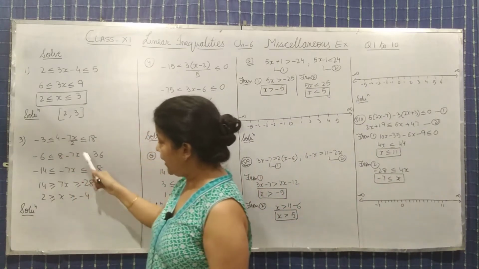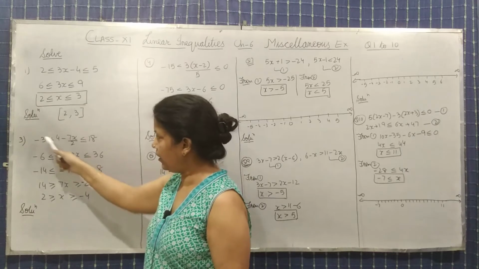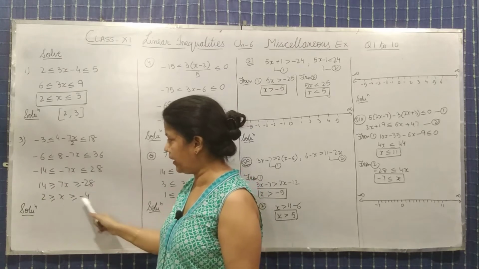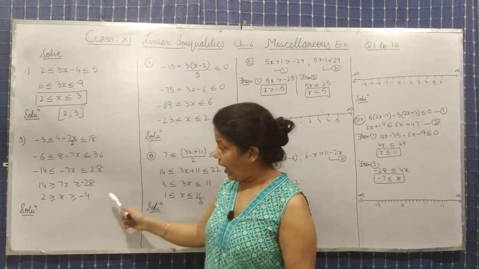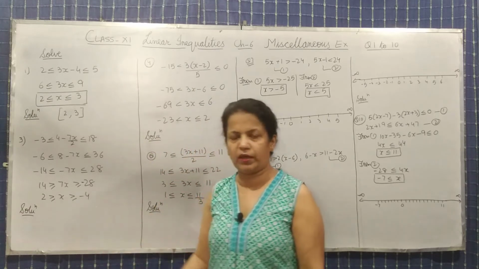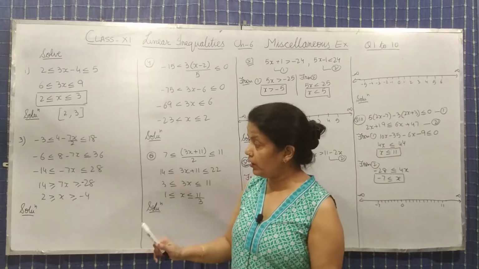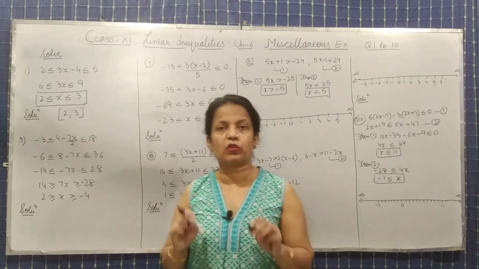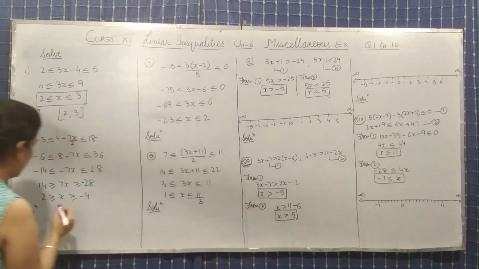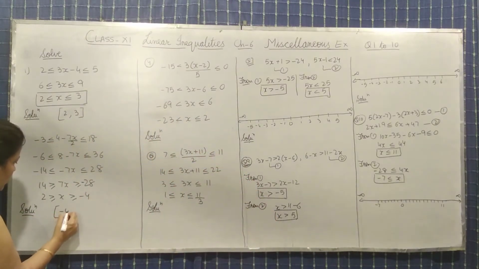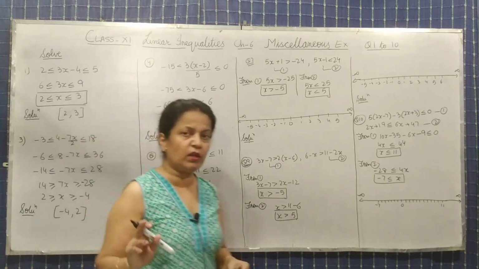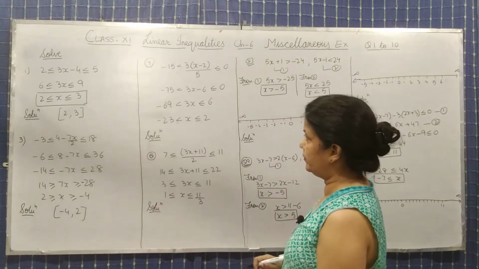In third, again take its LCM and then cross multiply, and after shifting the terms you will get this term. अब यहाँ पे देखिए x is less than equals to 2 and x is greater than equals to -4. Means 2 and -4 both of them are including, as in this case. Since including है तो हमारे पास we will put the square bracket on both the sides. Since it is including, so we will put the square bracket.